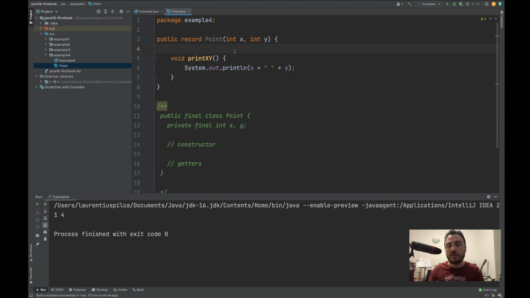So it looks great for a class like a data transfer object or an entity. But for a JPA entity, you wouldn't be able to use records because of the characteristic of declaring the fields as final. Remember that the JPA specification, and that implies all the implementations such as Hibernate or EclipseLink that fulfill the specification, need the attributes to be non-final. So because of that, at least for now, today, you won't be able